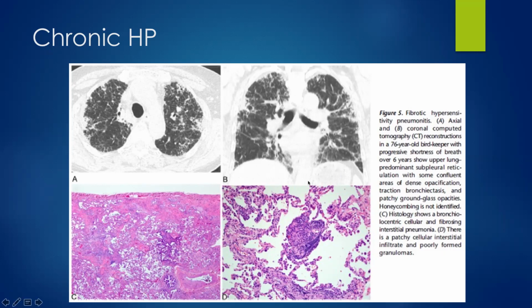So you do a CAT scan on somebody and you're seeing fibrosis in the upper parts of the lung. Wait a second, maybe this isn't idiopathic pulmonary fibrosis, even though they're saying that there's honeycombing. If you think about it, could it be something like HP? Remember when we were talking about fibrosis, where you usually don't think about doing surgical lung biopsies. If you have somebody who comes in with shortness of breath, who has more upper lobe fibrosis than lower lobe, those people you do think about, well, maybe we need to do a biopsy in this person.